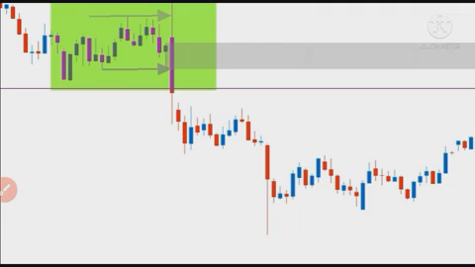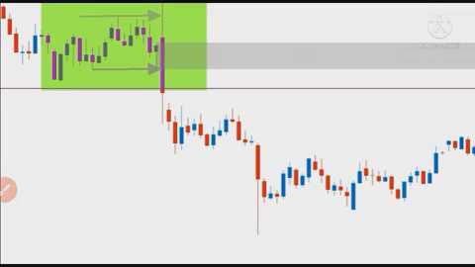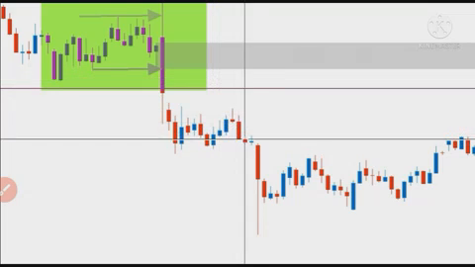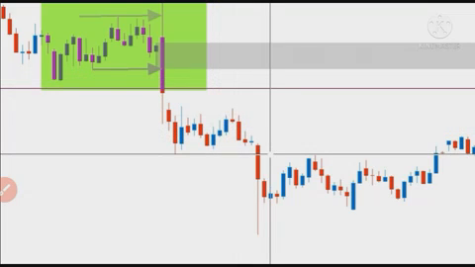I told you there are 2 POIs that you need to focus on when trading the order block strategy. Number 1 is your order blocks, and the second one is imbalance or price inefficiency. I have explained that in that diagram to you. Now, after grabbing the liquidity, price pushed down aggressively. When price pushed down aggressively, you don't just jump into the market. You exercise patience. Patience is golden in trading the forex market.